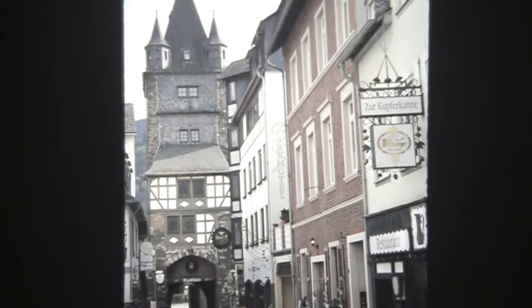That's Bacharach. It's a nice place to visit. Interesting places to walk around, all nice little alleys and old